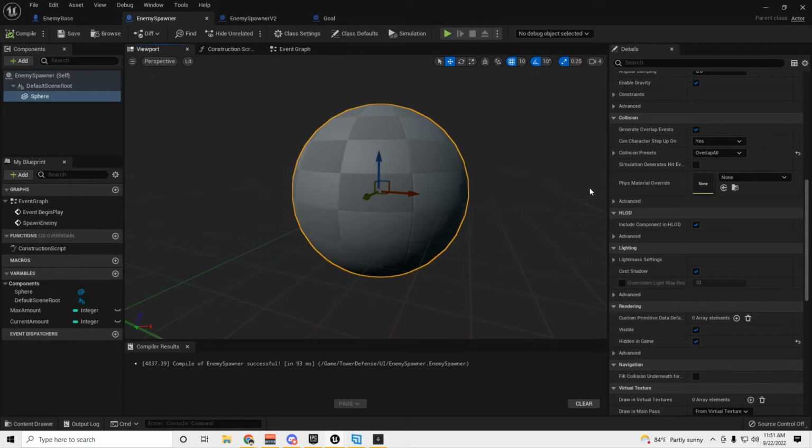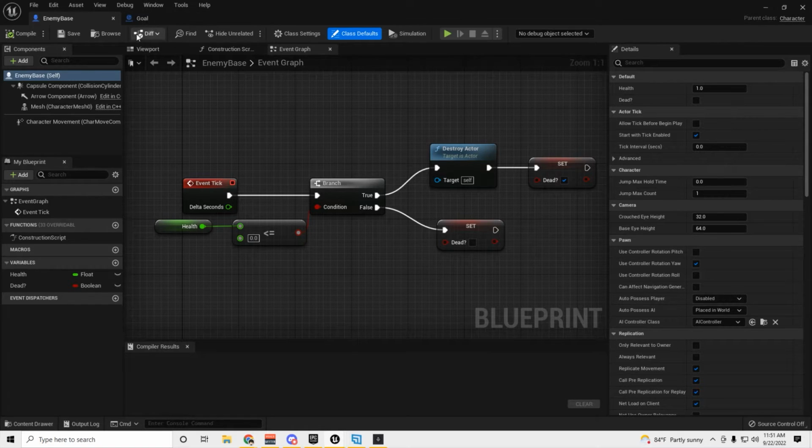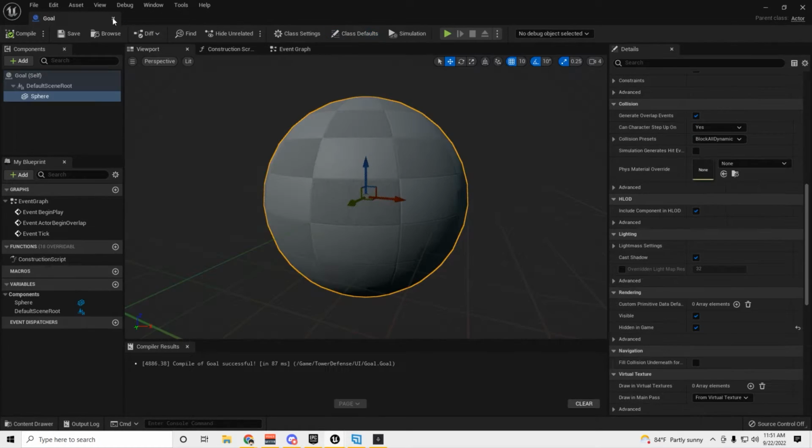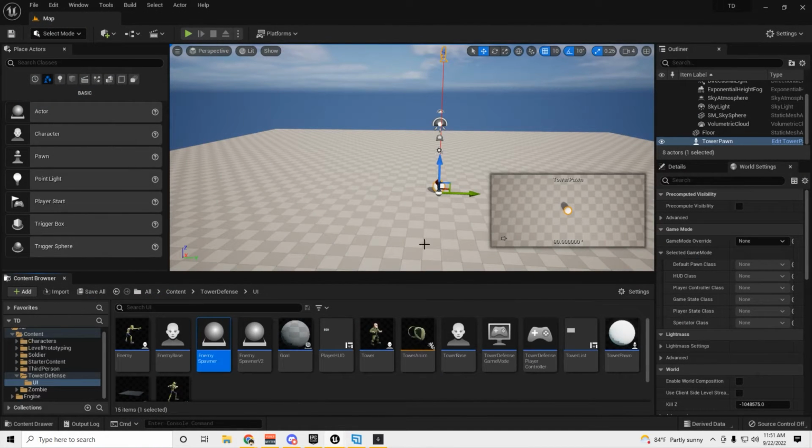We did it on this one. Okay, yeah, I made sure of that. Do it to the goal. Make the goal look the same, you know, where it has no texture. And then,